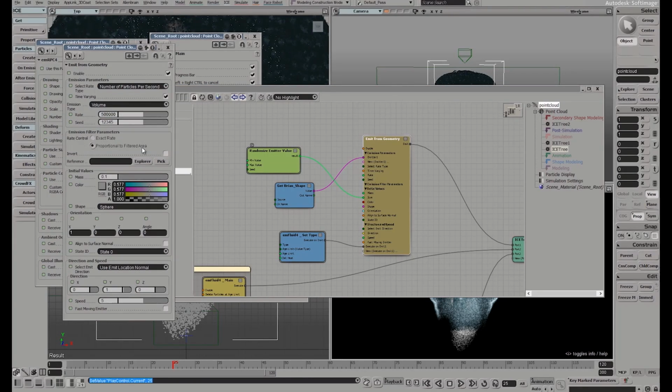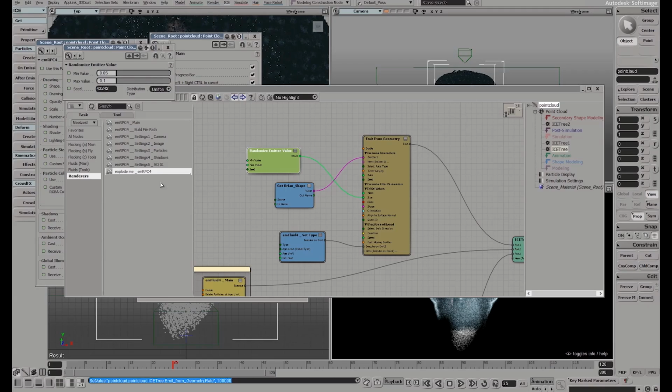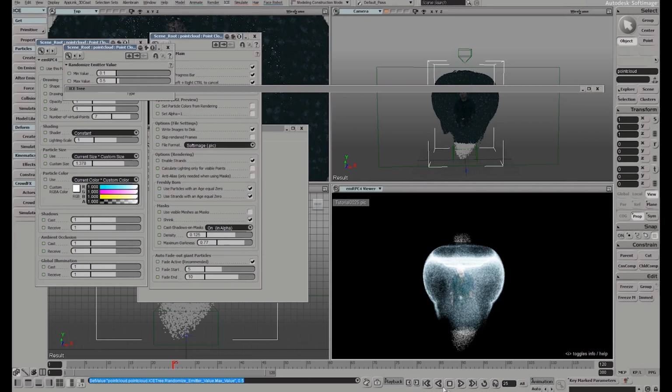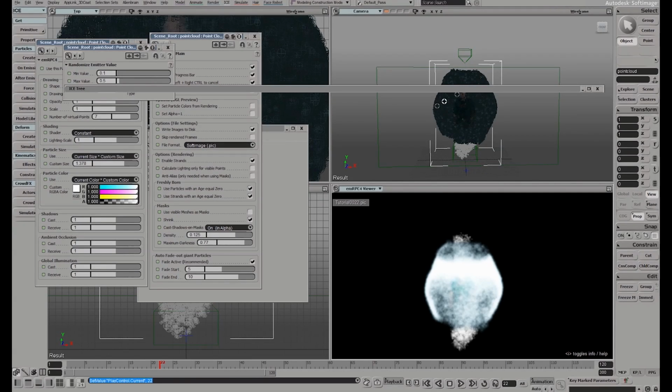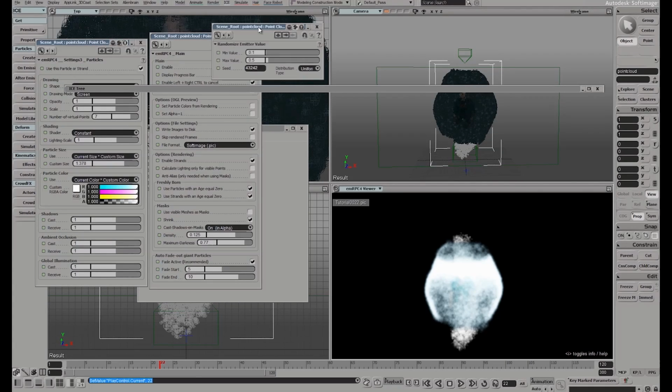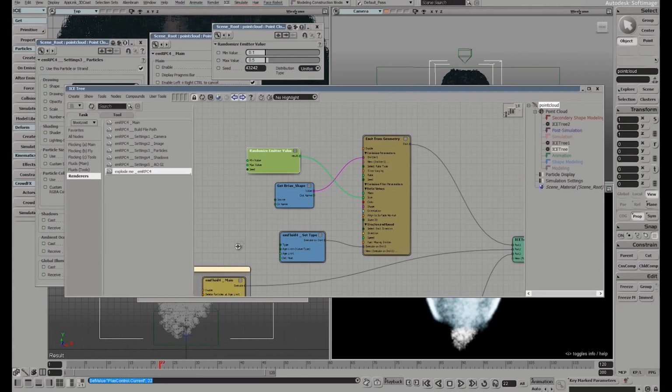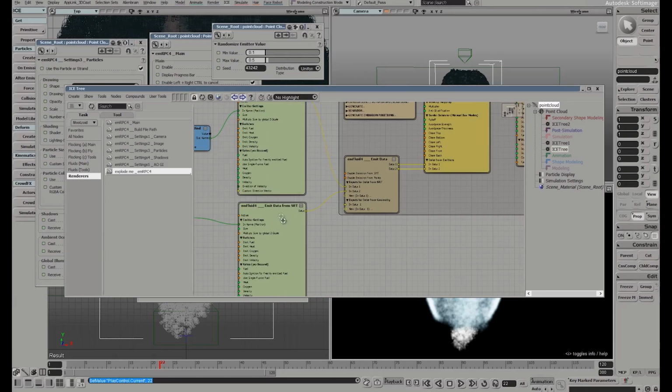Let's drop this back down to 100,000, and we'll bump the size way up so you can see. You can get all kinds of really cool looks from this stuff just by changing the size of the particles and adding in different velocities from that. Yeah, see, this is kind of hard to see now because the particles are so big it's blurring